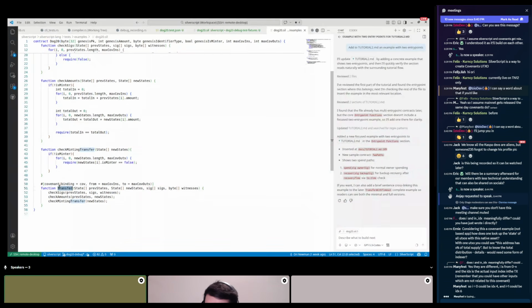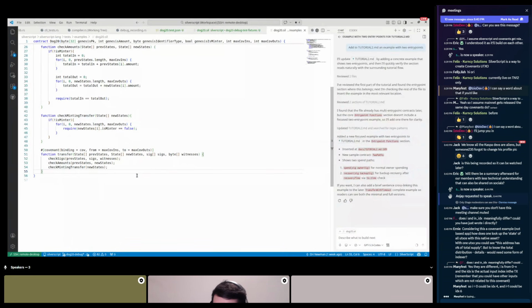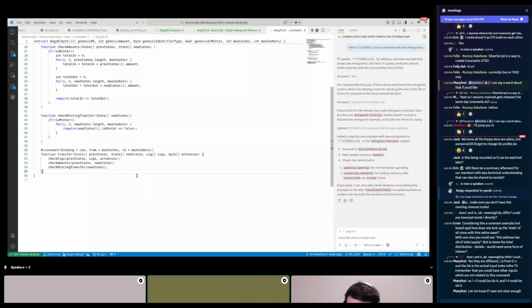So if you want to transfer a token, it's very basic. You need very basic things. You want to collect the tokens from a few UTXOs and send the output to several recipients, and the contract needs to verify that you didn't print any money.